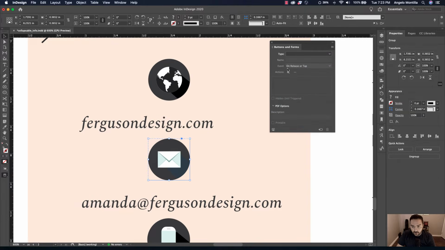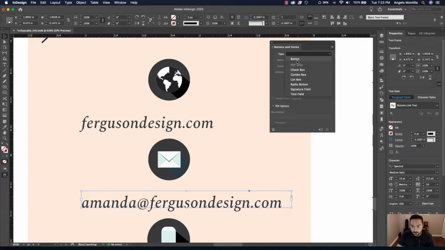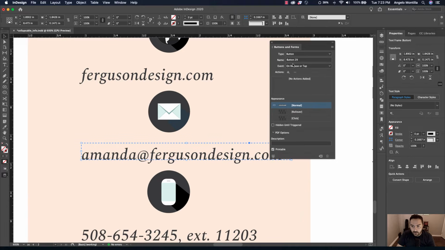Let's click on the icon for the email and do the same. Email icon 2. Hide that. Let's click the email name. Email name 2.